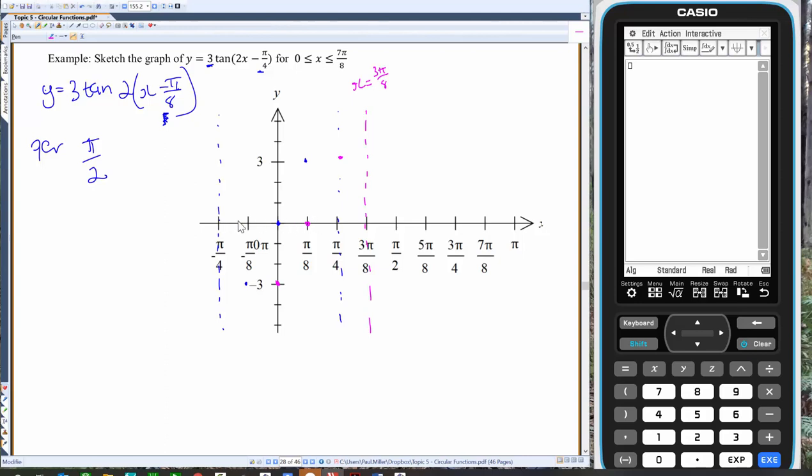All right, now the original or the next asymptote would have been, so we've got 2, 4, 2, 4. Next asymptote is going to be there at x is equal to 7 pi on 8. All right, now what we can do is sketch a portion of this. So it would have looked like that. So I'm only going to sketch the portion over the domain required. So that's going to be like